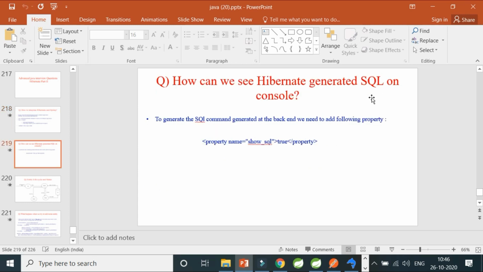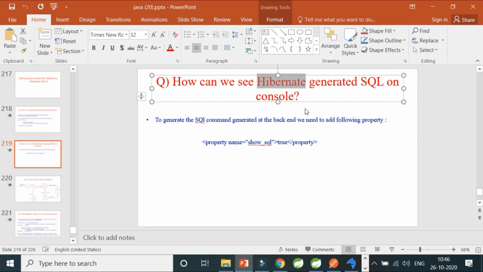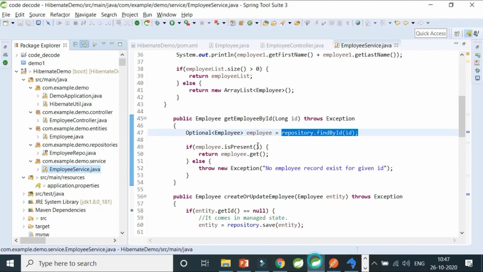Let me please move ahead to the next part, which is how we can actually see Hibernate generating the SQL in the console. It's a very important thing, because in the next few seconds I'll be showing you the life cycle of an entity, how it exists in the persistence context. So understanding how I'm able to see the SQL which is fired at the backend by Hibernate, which is completely abstracted from you, and all the pain is taken by Hibernate to hit that particular query. You just have to write one line of code. So I can show you how.